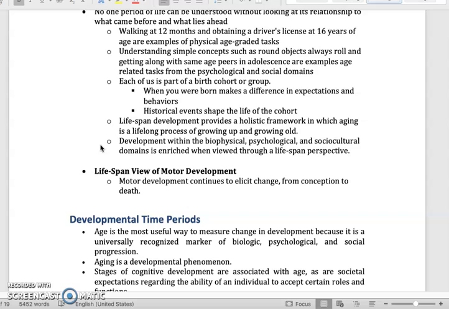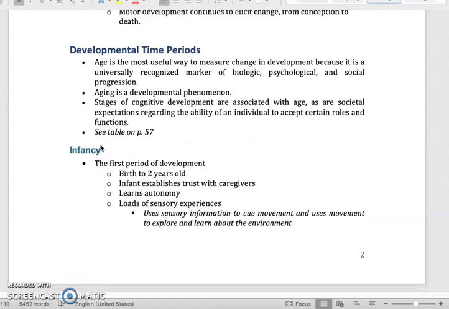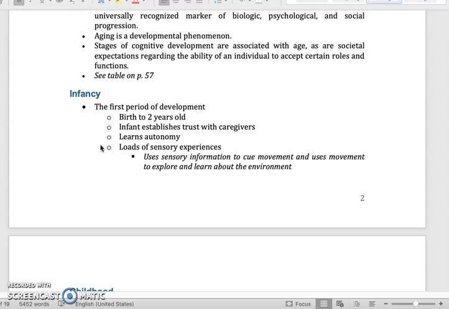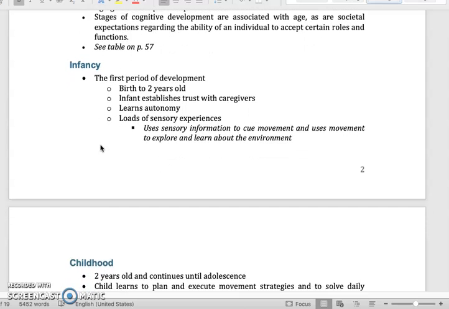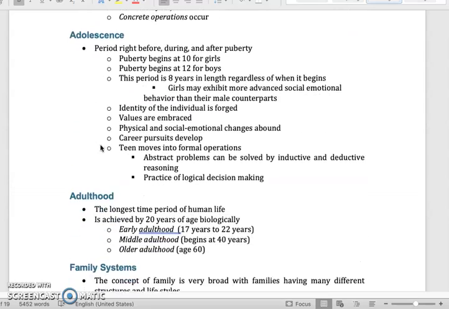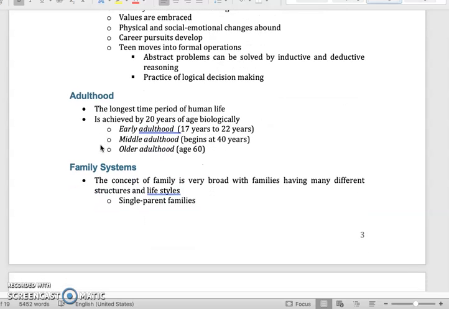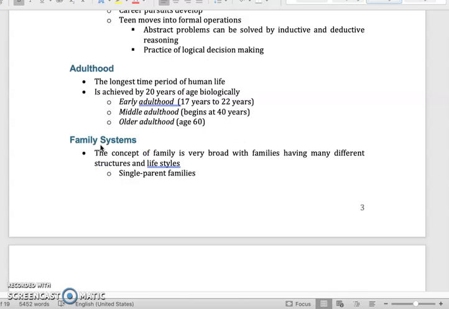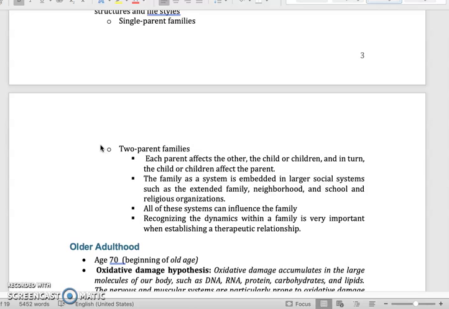And so I want you to have a broad perspective of what normal, quote unquote, normal looks like, so that as we move into abnormal or atypical, I hate to use abnormal, you will have a better appreciation of that. The periods are listed here. That's not something you necessarily need to know for testing purposes, but just know that there are different stages: infancy, childhood, adolescence, and then adulthood. In these periods, different stages of development occur quite naturally. Everything is cyclic and should happen in a proper progression.